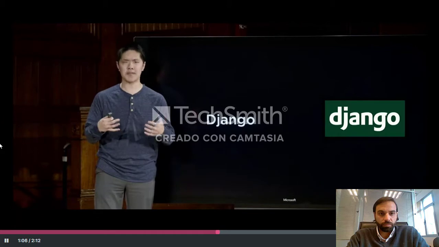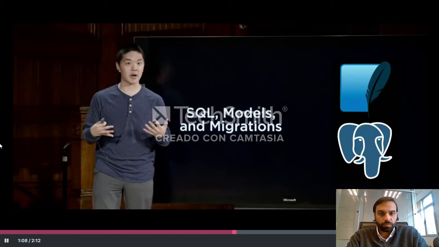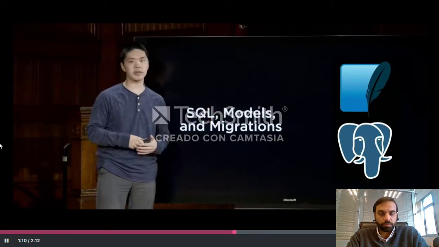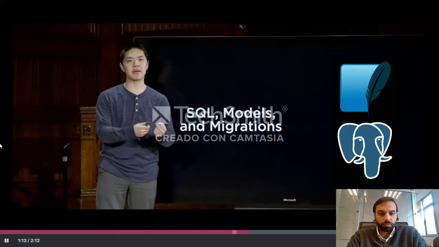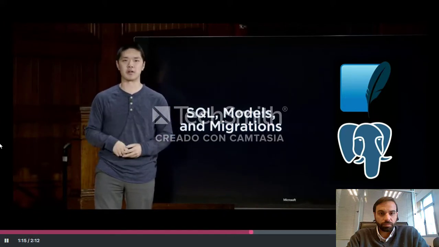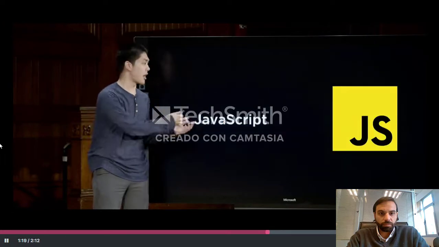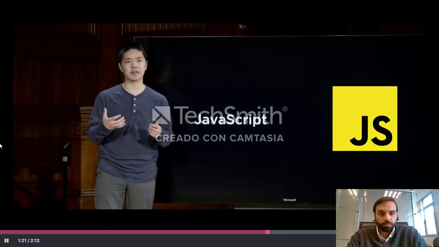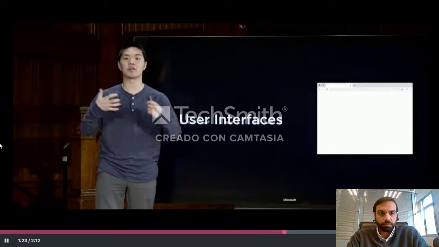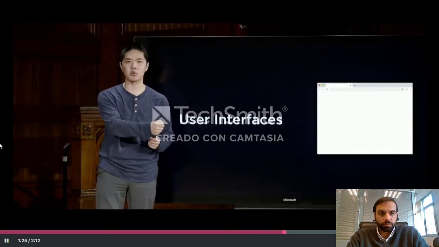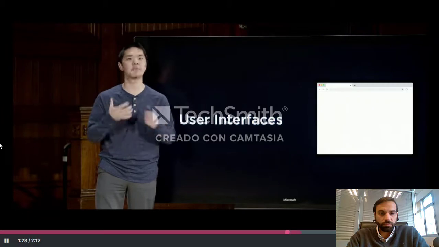We'll leverage Django, and in particular, its ability to deal with data, working with SQL, models, and migrations to create web applications that use a database in order to create interactive user experiences. After that, we'll dive more deeply into another programming language, JavaScript, exploring how we can use JavaScript to create dynamic and interactive user interfaces, writing code that responds to events and also manipulates a web page in response to some